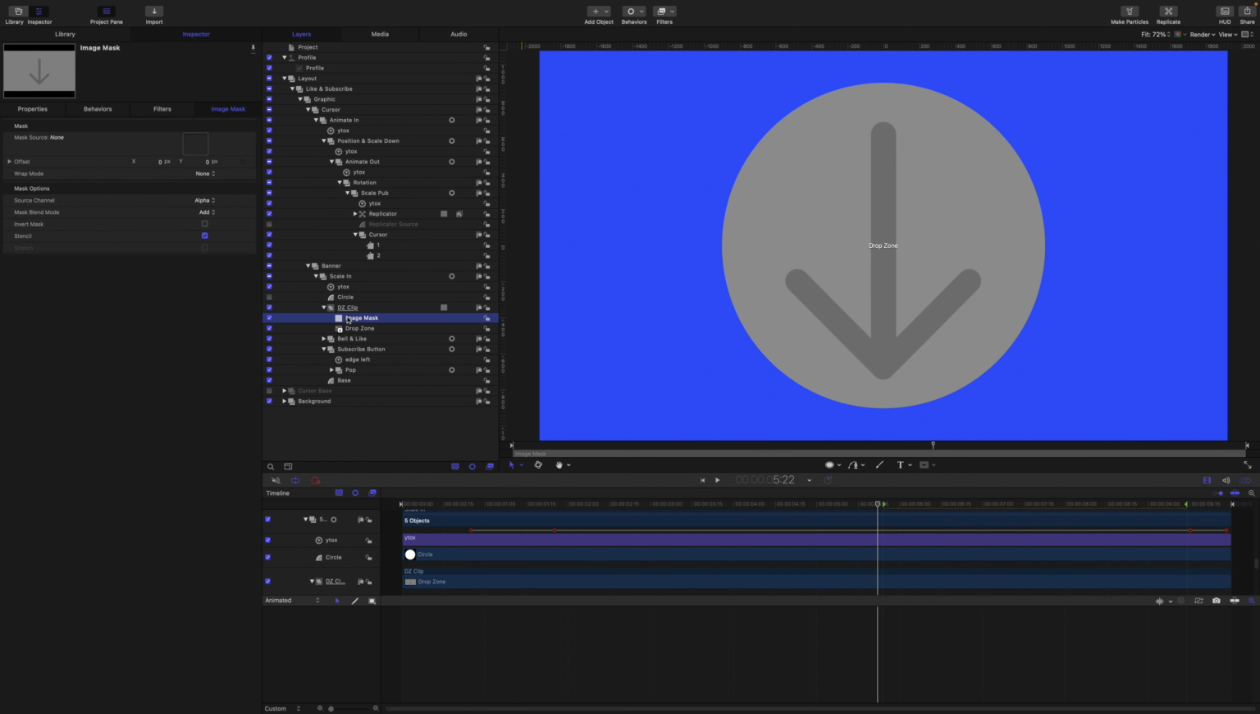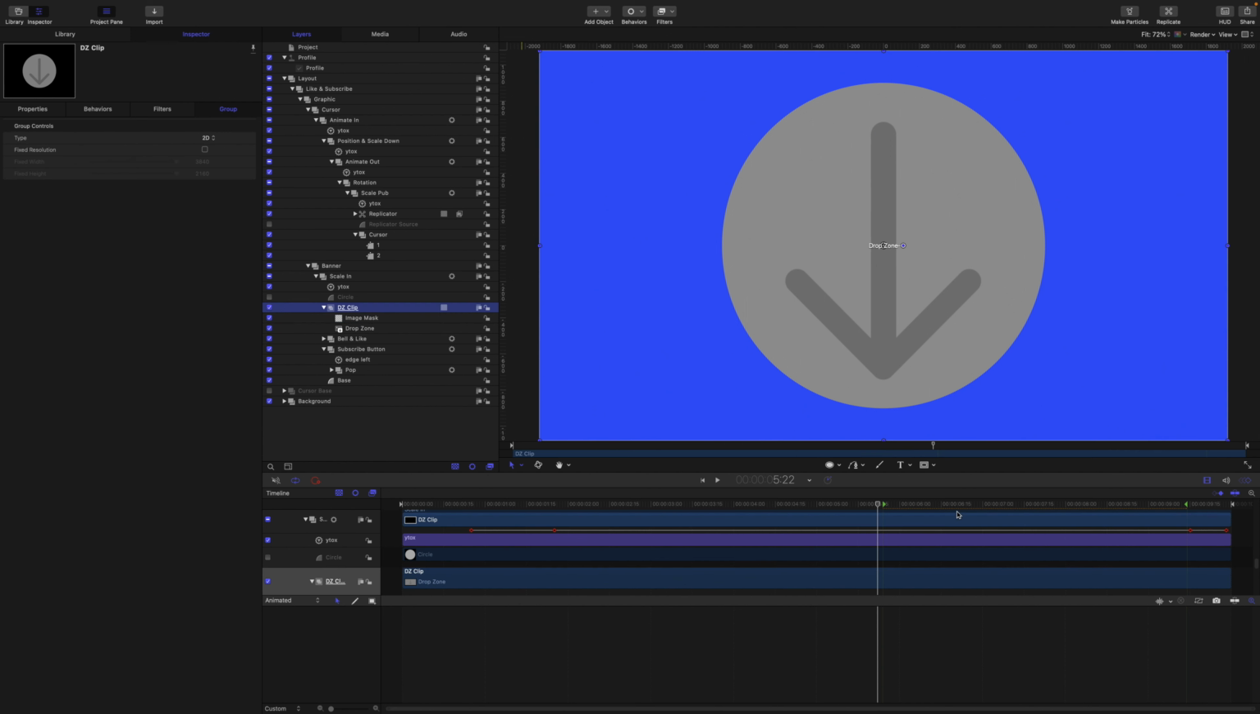Then add the circle as the source. We could use the Shape Mask tool to do this. I generally prefer to use image masks for drop zones, for many different reasons. Okay, close the group,